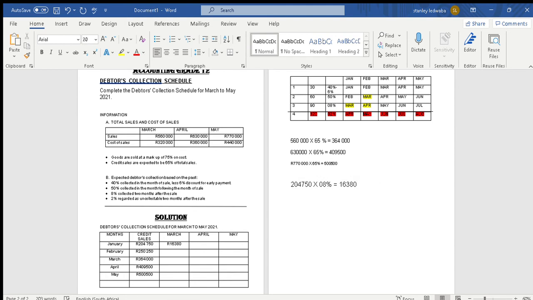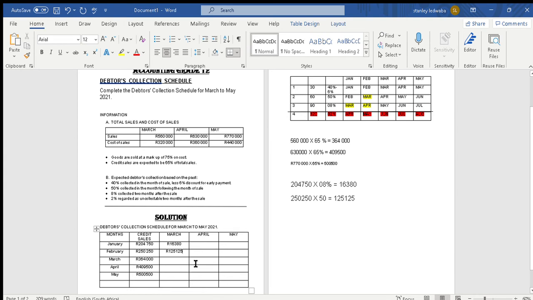We are going to look for credit sales for February, because we are on February. It's 250. Okay, it's going to be 250 multiplied by 50%, which is equal to 125. Then we are going to have 125,